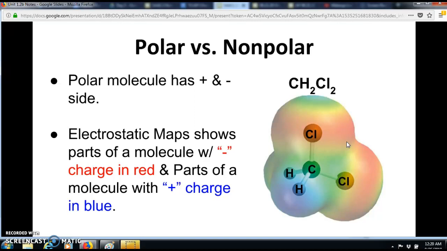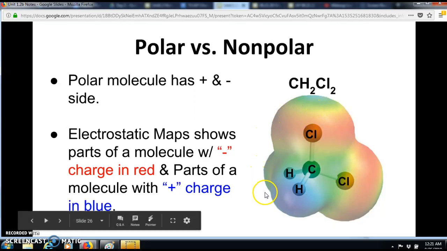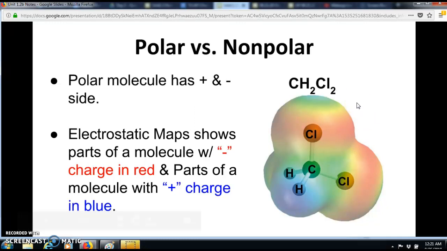So, polar versus nonpolar. You probably recall that a polar molecule has a positive and negative side. And before we dive into the meat of this lesson, I just want to present to you what are called electrostatic maps. These are computer-generated images that show where the electron density is in a molecule. And the way that they coded this electrostatic map for CH2Cl2, the region with more electron density, so that means it has a lot more electrons in that area at a given time,